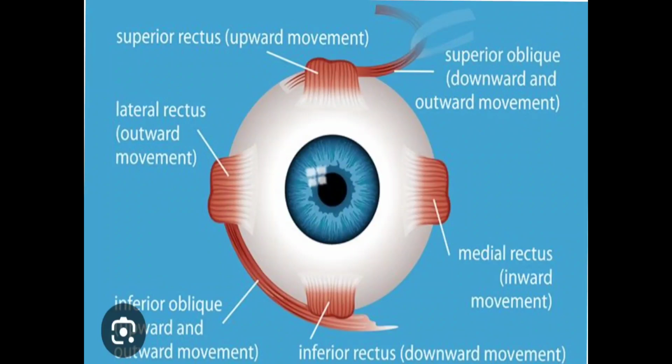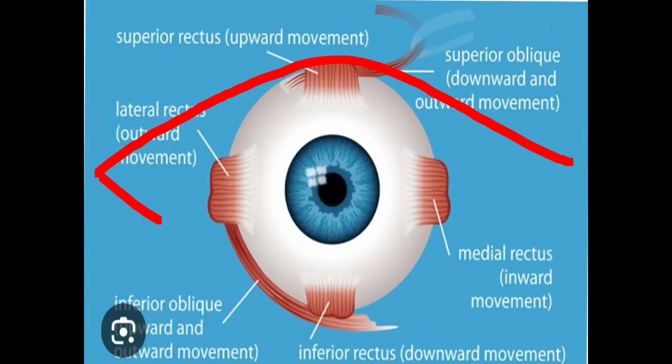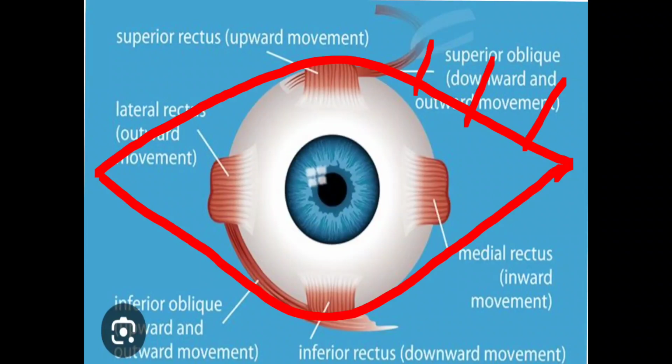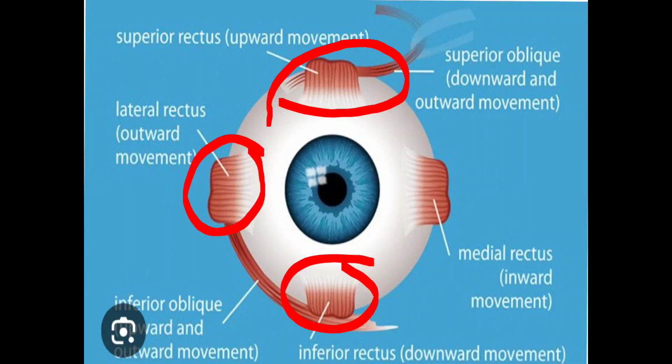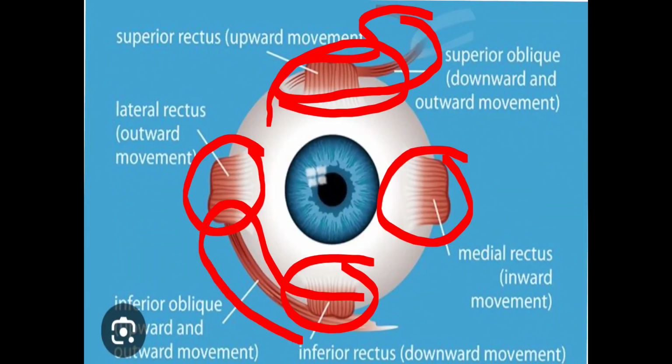Next, here you can see the diagram. Here the upper eyelid is present and the downward eyelid, the lower eyelid, is present. Here the eyelashes take place. Okay, when we remove the upper eyelid and the lower eyelid, then the leftover part is only the eyeball. So our eyeball gets attached to the muscles. These are the 4 muscles and these are the 2 obliques which are related to the eye, which are responsible for performing all the eye movements in all the 9 directions.